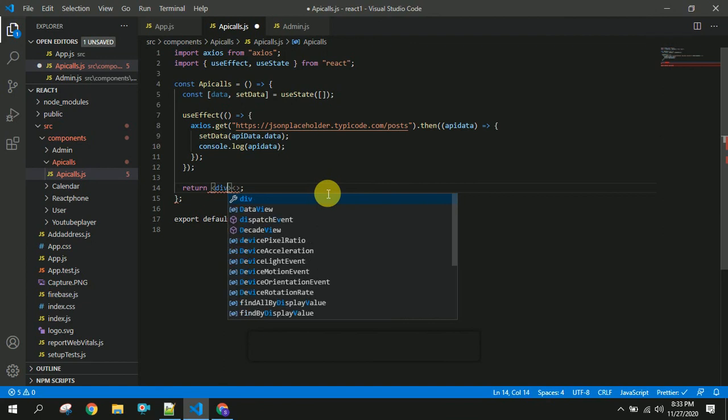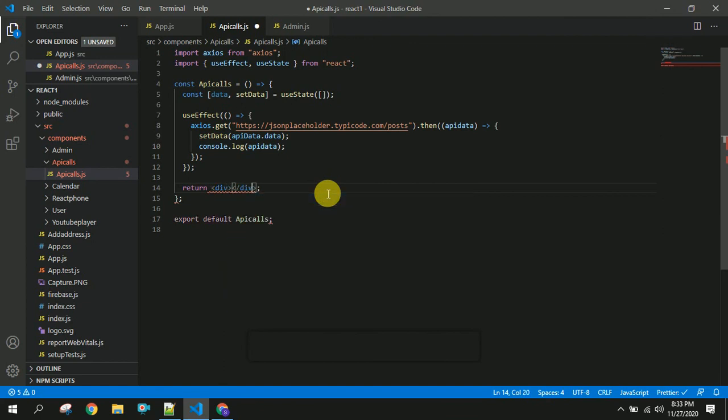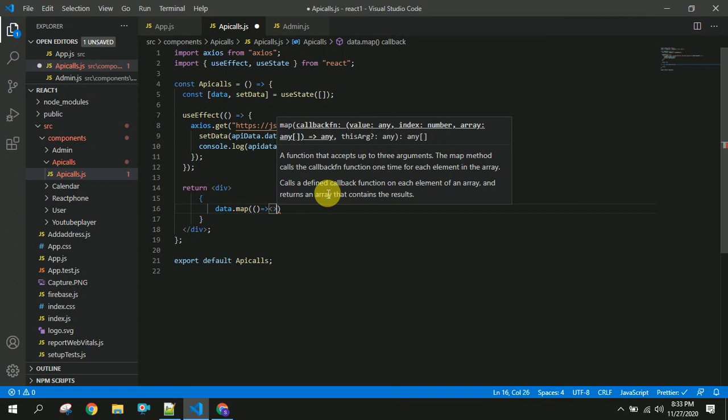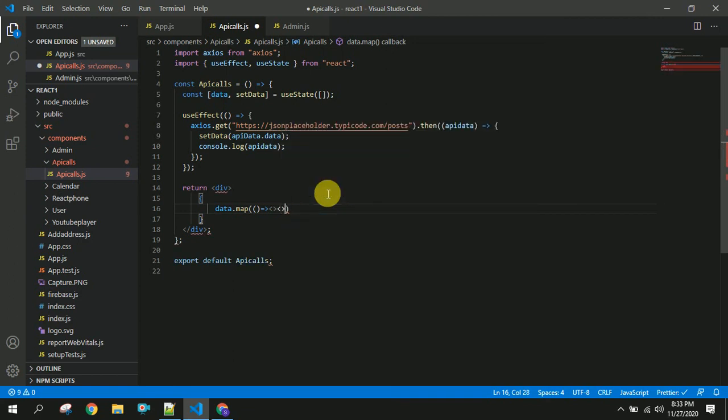And I am using a div here, and if you want to render anything, then open the curly braces like this. Now I am going to use this data dot map. In this map I am going to call a div.